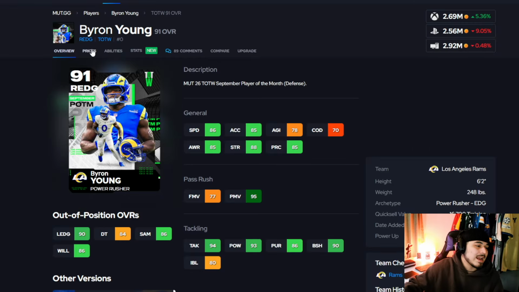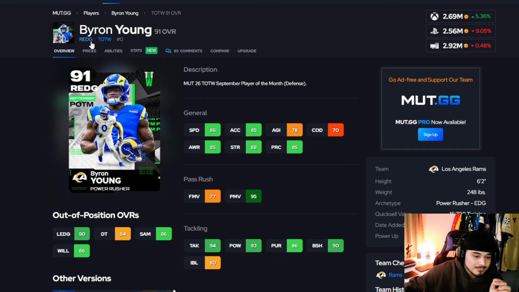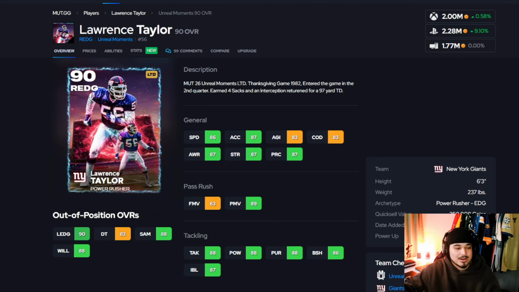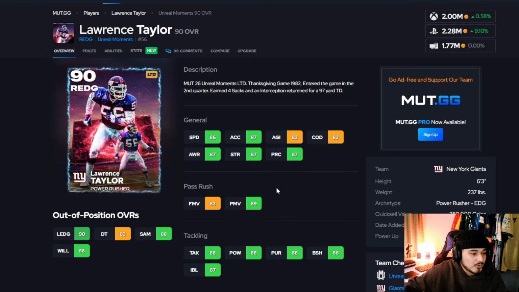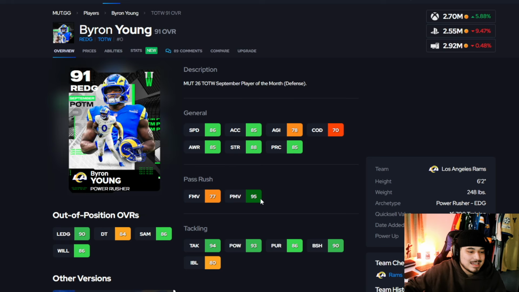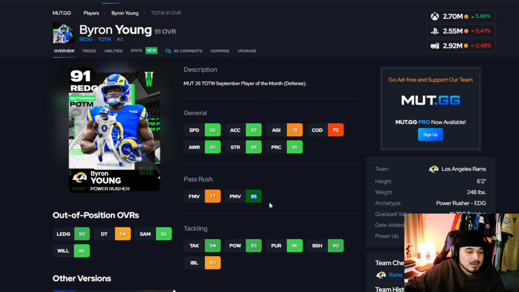Okay, right edge is a tough position. And I know I just mentioned Lawrence Taylor and how he has that crazy in-game aura, but for me, it's one of these two guys. Byron Young, though, with the 95 power moves is utterly insane. 95 power moves is insane, and there is a strat card you can, of course, boost this up even more,